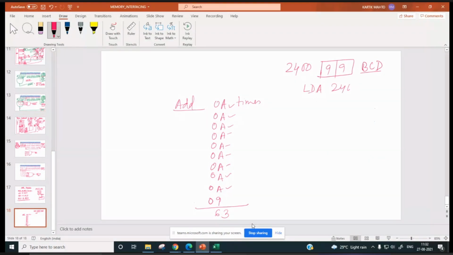LDA 2400H. What will be A content? LDA 2400H, it will be 99. Now I am doing ANI, immediate F0H, with the accumulator.